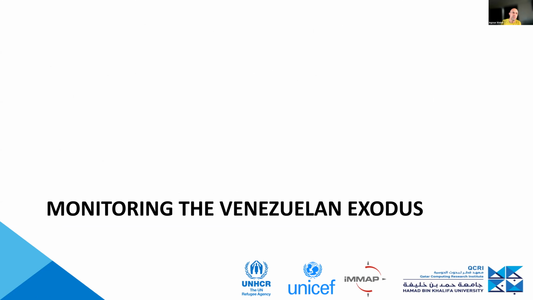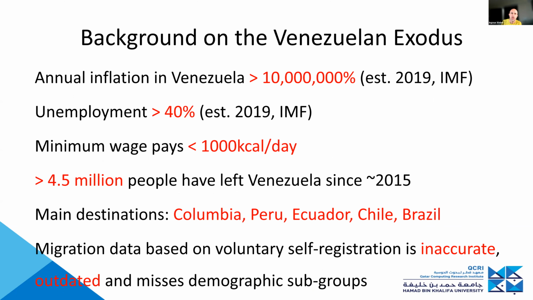So the first example I'll talk about is a joint work that we did with UNHCR, UNICEF, and an NGO called IMAP on monitoring the Venezuelan exodus. Just in case you're not familiar with the background,